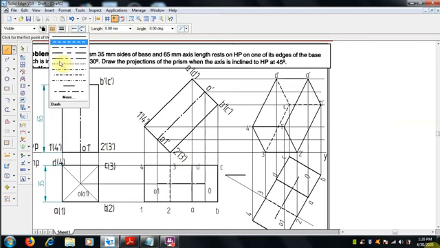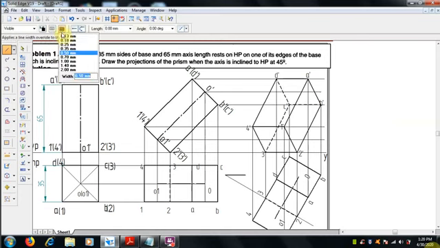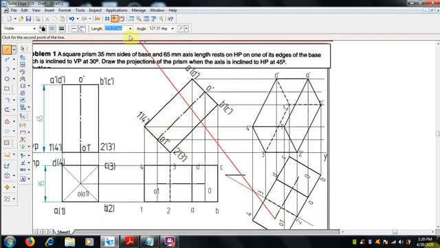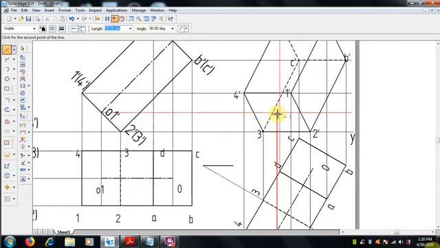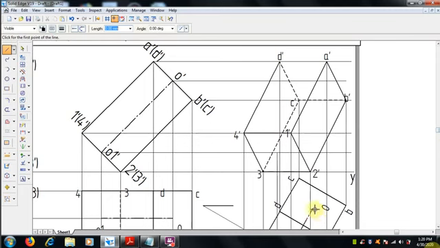Now we have to draw the axis also. The axis in the top view, O1, project this O1 to here, O1 dash, until that with the help of a 0.13 mm line thickness, project this, and from O, that is the top edge of the axis, O dash, draw vertically, yeah, a vertical line.